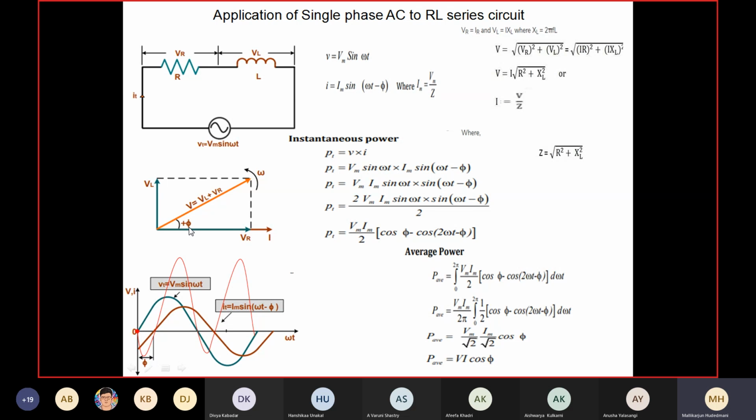Then what is this cos phi? Cos phi is adjacent divided by hypotenuse. R by Z is cos phi. So this is what cos phi I am meaning here. Cos phi is adjacent side divided by hypotenuse. Adjacent side is R, hypotenuse is Z, so I can write cos phi equal to R by Z. We will try to use this in numericals. This is how we come to an end of RL series circuit. A similar exercise I should do for the RC series circuit. Let's see how we can do it.